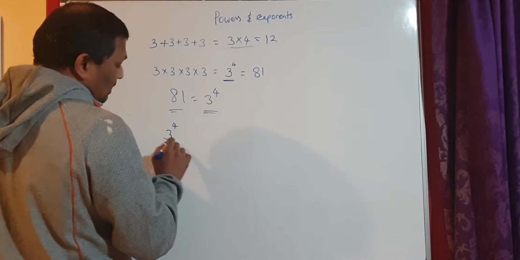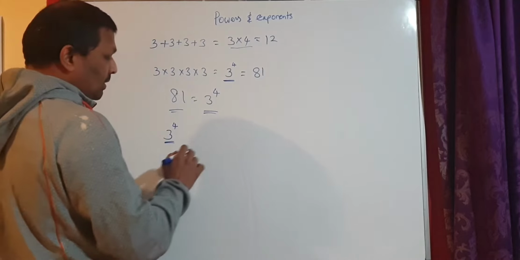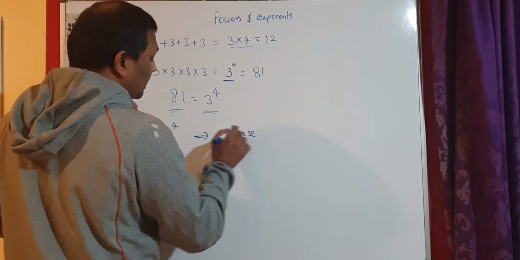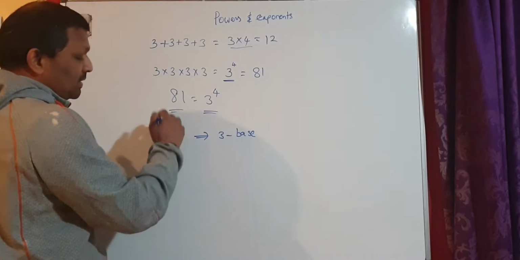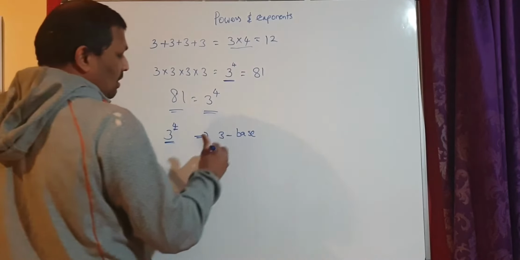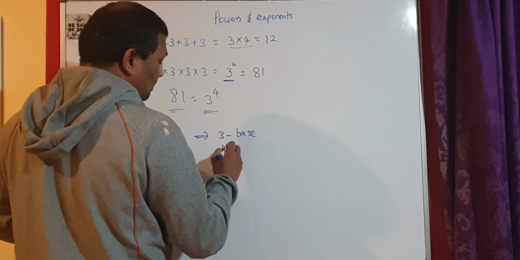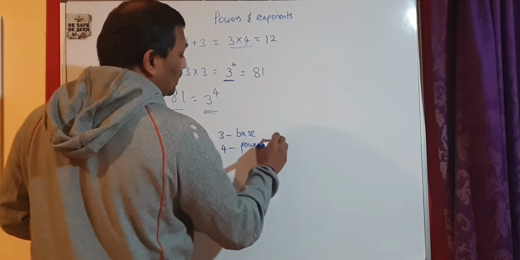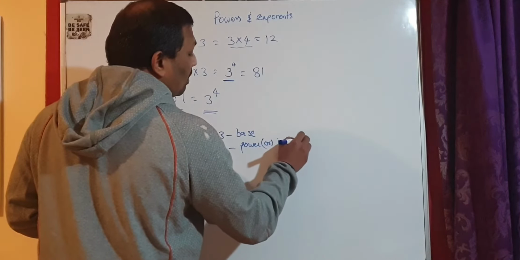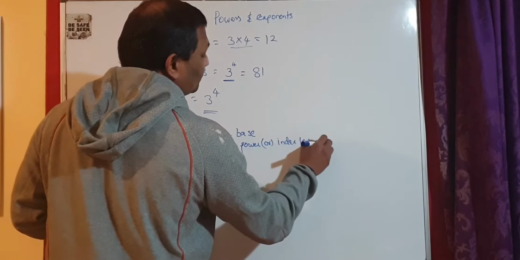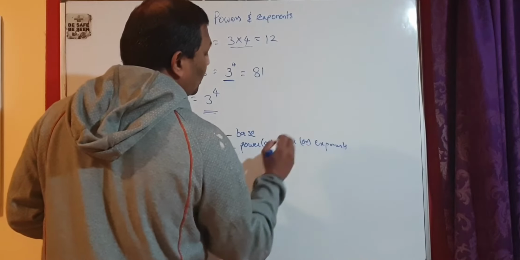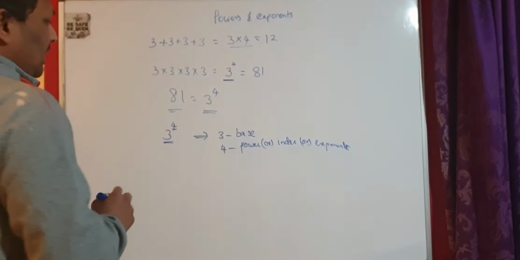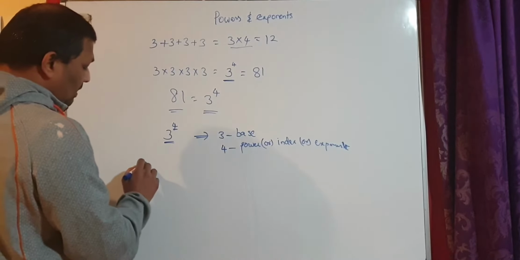the number here at the bottom is called the base. Okay, so in this case 3 is the base and the number at the top is called the power or an index. The 4 is the power or index or exponent. Okay, so for example, if I tell you to find out the value of x to the power